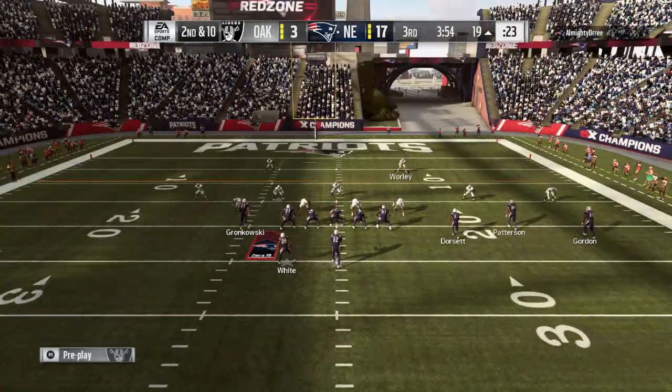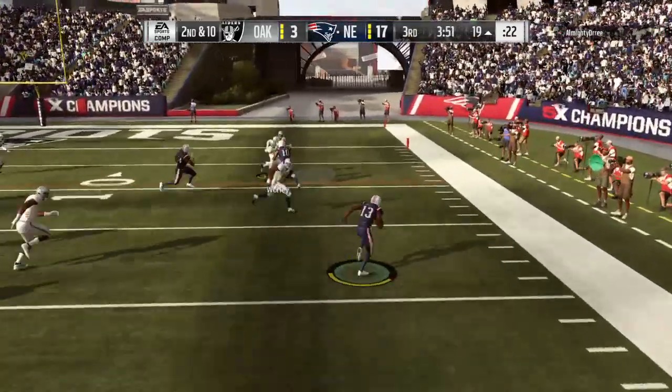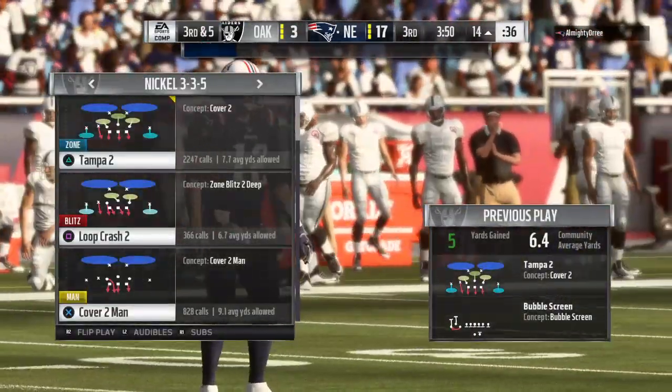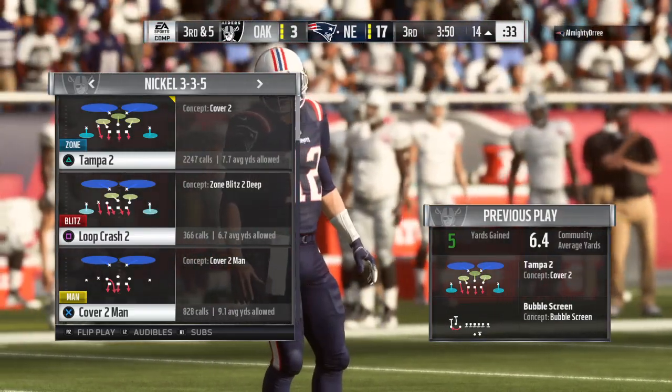Maybe some sort of scheme like that to try and get more pressure at the passer. Brady going to throw. Caught on the right side by Dorsett. That catch good for 5. It's 3rd down. Never make the mistake that the slot receivers, especially the little guys like we're watching here, are